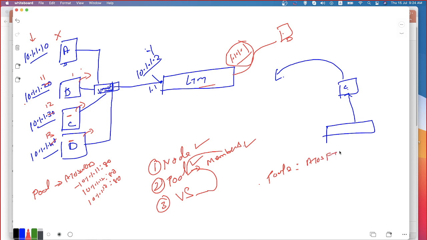Okay. So here the pool members are going to be 10.1.1.11 port 21, 10.1.1.12 port 21, 10.1.1.13 port 21. So what's the problem? No, I didn't get your question.